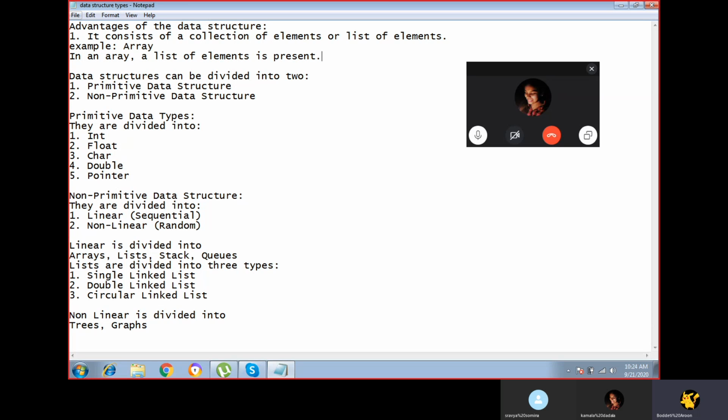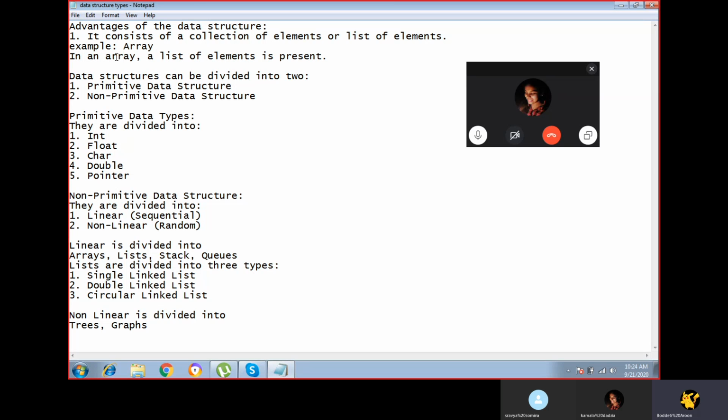The actual definition of an array is a collection of elements where we store elements of a common data type, a single data type.